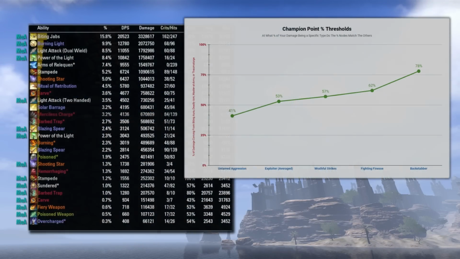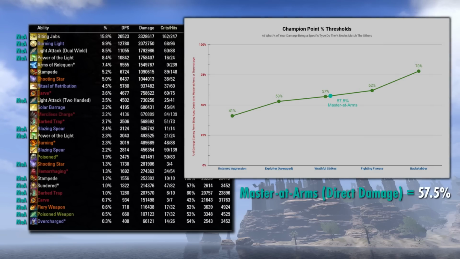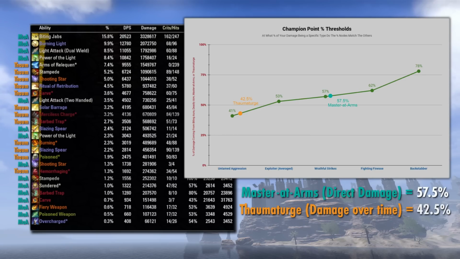So if we look at our direct damage here, that's the 1 Master at Arms boost. Adding up all of these comes out to about 57.5% of our total damage. So that would place it very close to probably the same results we'd get from the 205 weapon and spell damage from Wrathful Strikes. Whereas on the flip side of that, about 42.5% of our damage is from dots. So Thaumaturge is going to be further down the line, closer to the 150 weapon and spell damage we get